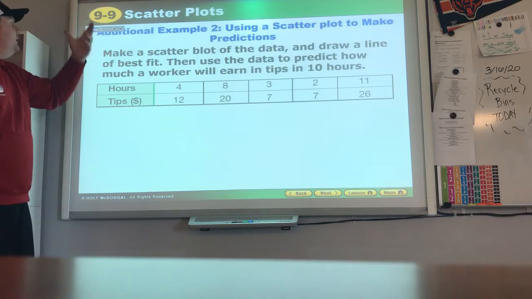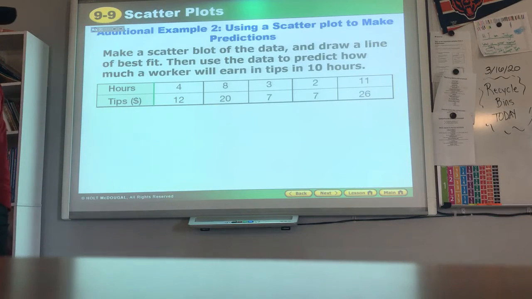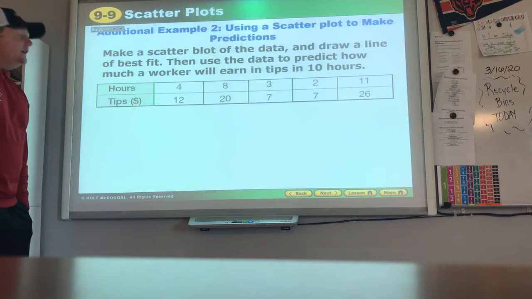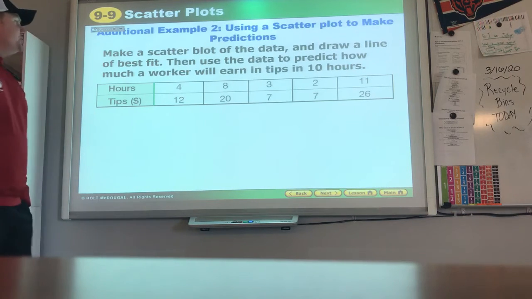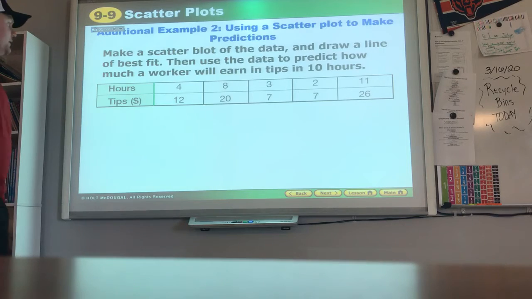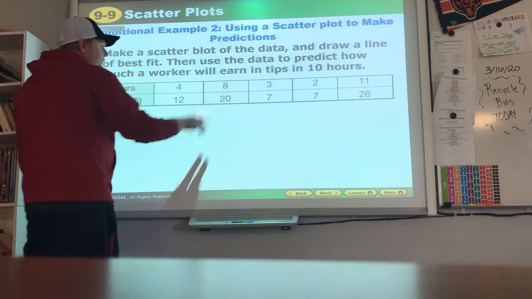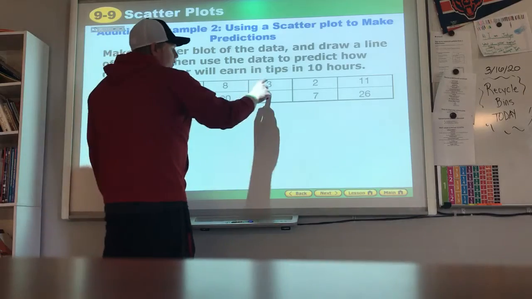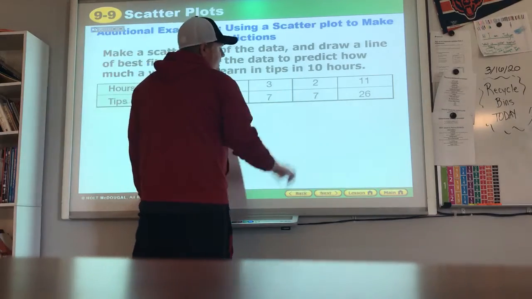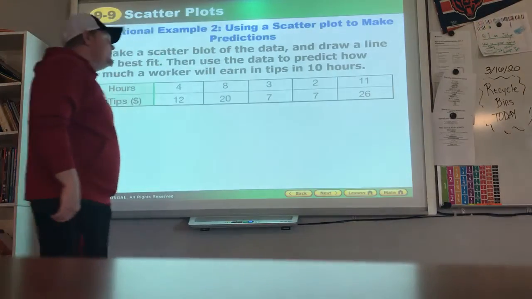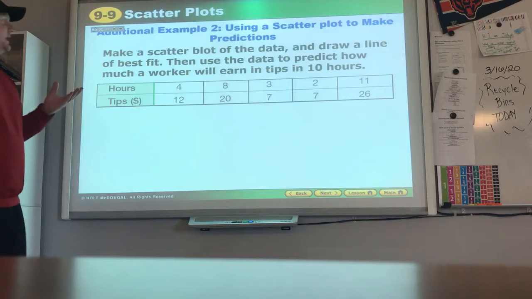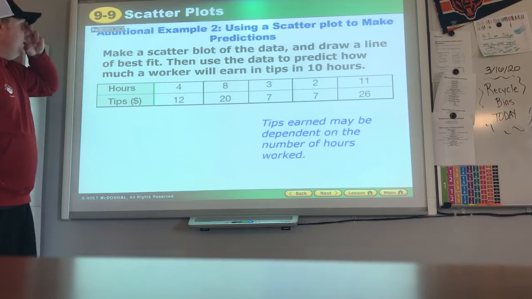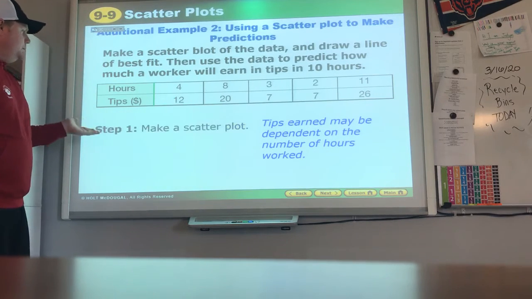Okay? Now, make a scatter plot of the data and draw a line of best fit. Those are the blue lines I've been drawing. Then use the data to predict how much a worker will earn in tips in 10 hours. So in 4 hours, the worker earns 12, 8 hours, 20, in 3 hours, 7, in 2 hours, 8, in 11 hours, 26. All right? So our goal is to try to predict how many they'll make if they work for 10 hours. So we're going to take all these and we're going to turn them into